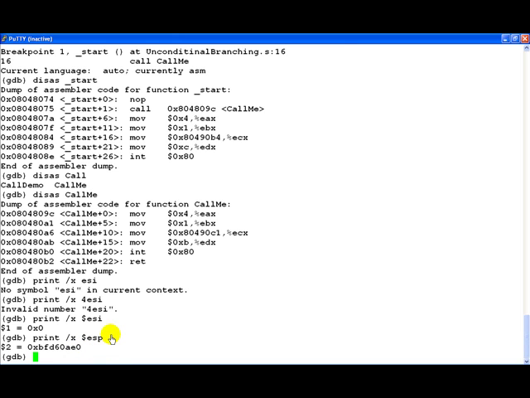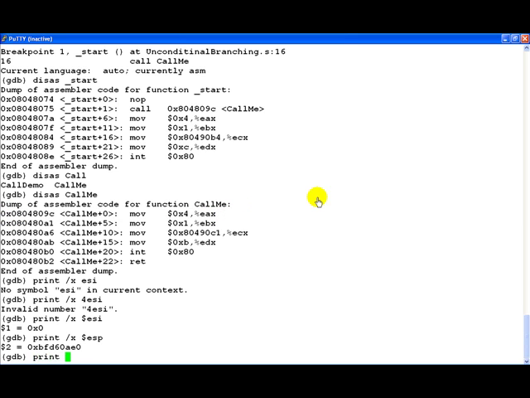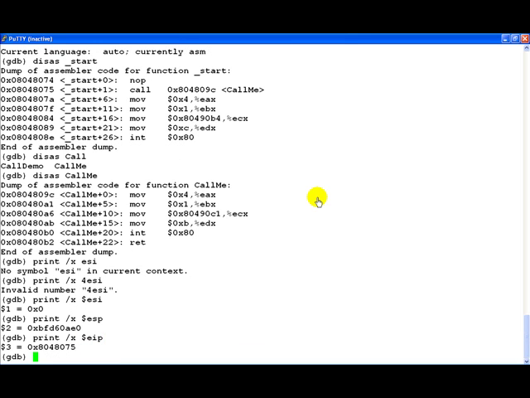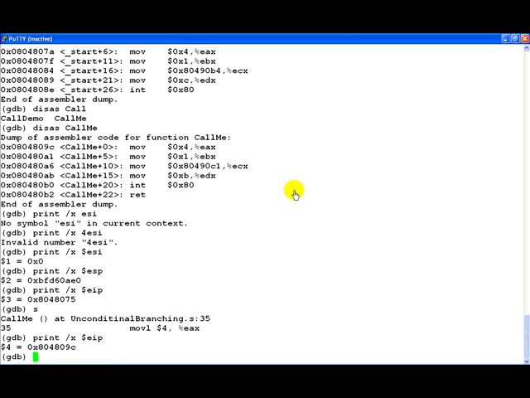Now let's step through this. When we step through call me, we'll be transferred to this specific instruction set. So let's also print the EIP. Now let's step through the program. Okay, if you print EIP again, we've gone into the call me routine.